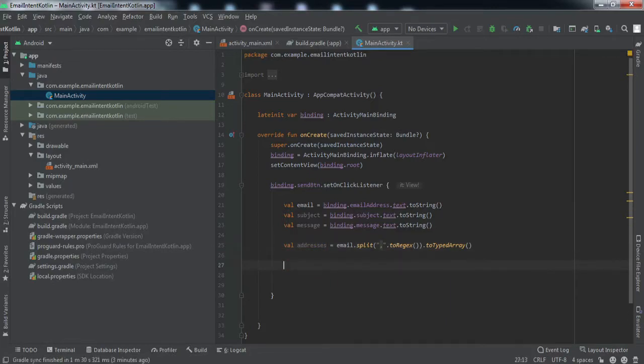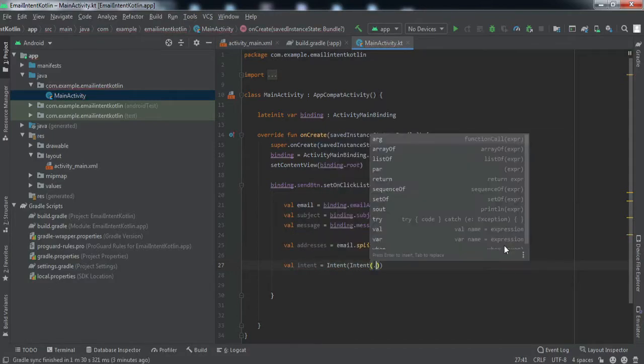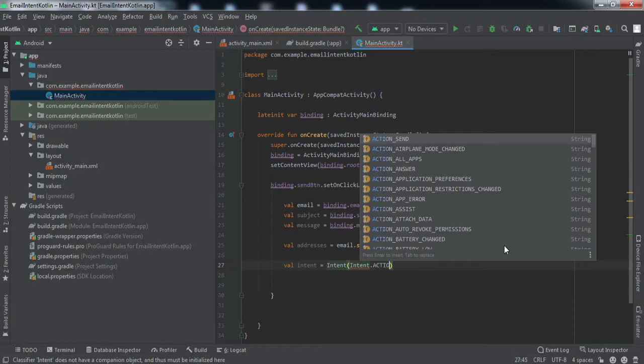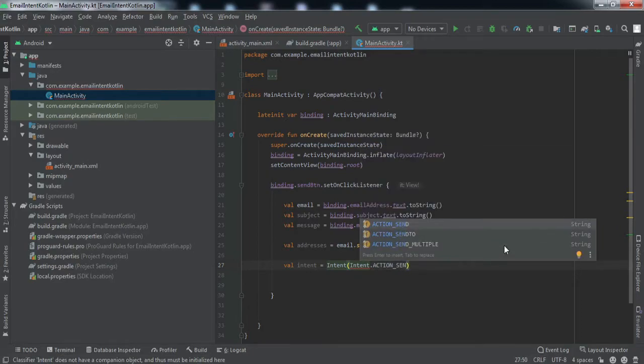So after that we are going to create an intent object. So you can see we have got three options. So basically we can use any one of these, but there is a condition. If you do not want to put in any attachments, you have to use ACTION_SEND_TO.